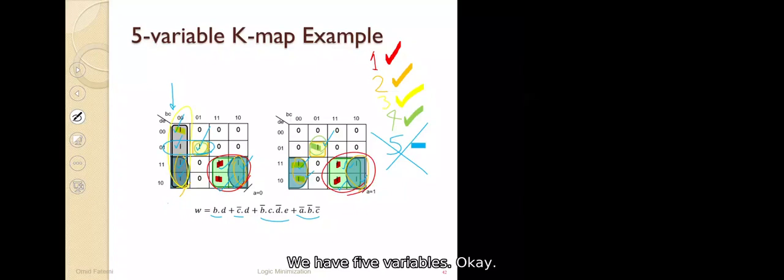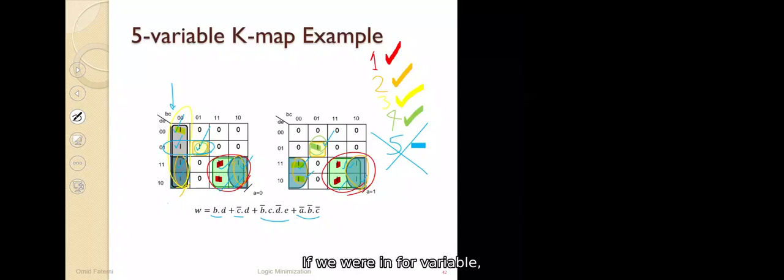We have 5 variables. If you have a group of 2, it means that there is a term common between these 2. So one of them is gone, the next 4 is remaining. If you have 4 ones together, it means 2 of them are gone and 3 is left. When you have 8, then it is 2 left, because it is 5 variable.